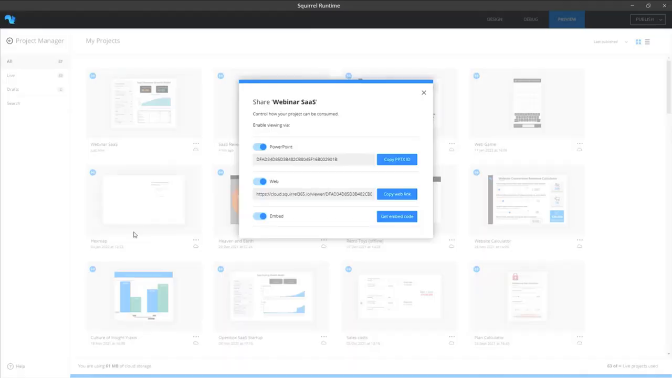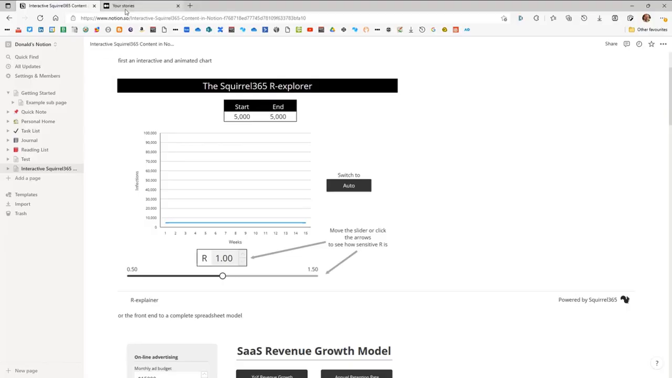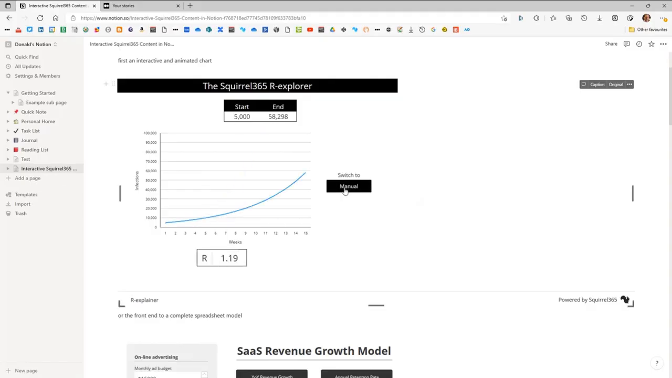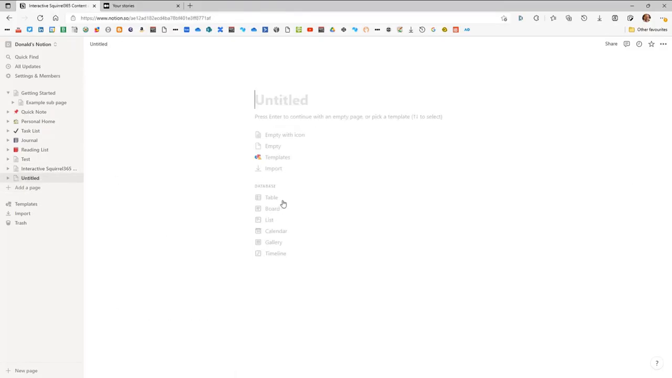But there are other places that we can embed it easily, as well as being able to get this embed code to do it with a fragment of HTML. If I copy this web link, there are various places that I can put this. So for example, if I come into here, this is Notion. And many of you use Notion for collaboration and things like this. This is one that I did before, so it's a slightly different Squirrel model. But what we're going to do is add a new page here,